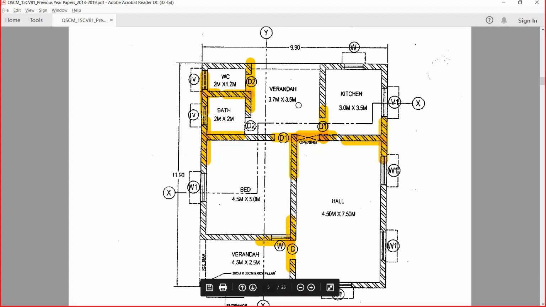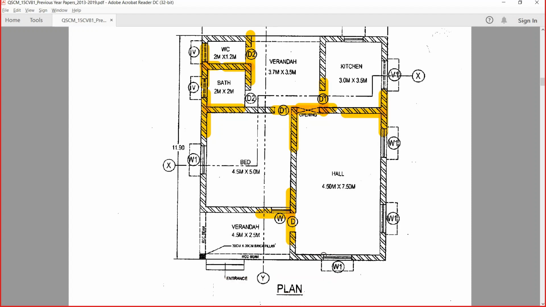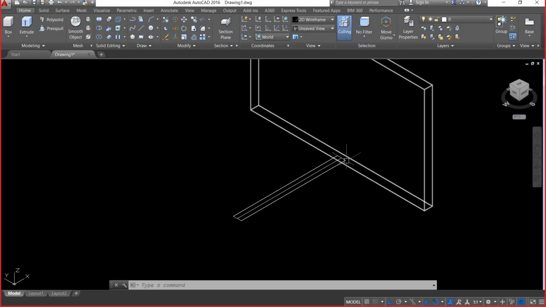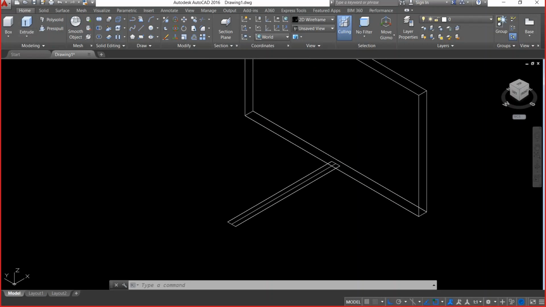How many such junctions are there? 1, 2, 3, and so on. Of course, there are many. So there are so many junctions, 1, 2, 3, 4, 5, 6, and so on. When I do the calculation for the long wall short wall method, I'll be dealing with individual elements. But when I do the center line method, I'll be considering the overall length. Hence, I need to consider the overall junctions available, and then I need to do this deduction part. I'll show you here also again.